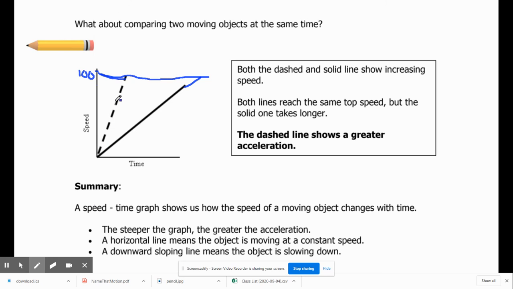Well, you're going to want this car right here. This thing is going 0 to 100 really, really fast. That would not be my car. Here's Miss Buck's car. I don't think it can go 100, but if it can, it takes a long, long time for Miss Buck's car to get here. So if you're comparing speed, what this means is that this dash line has a much greater acceleration. This is showing that both of these lines reach a certain speed, but the dash line does it much faster,